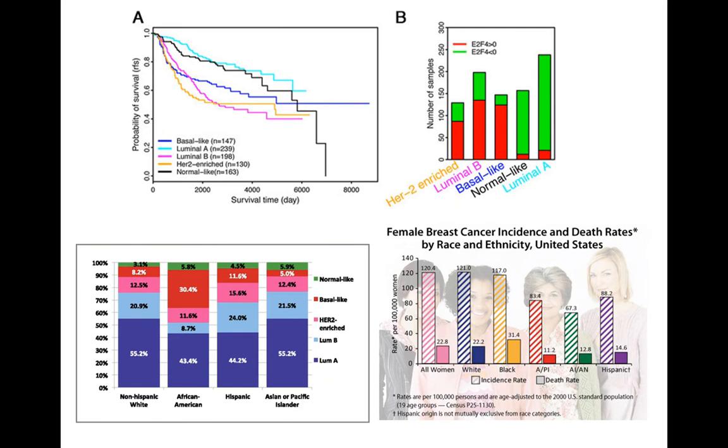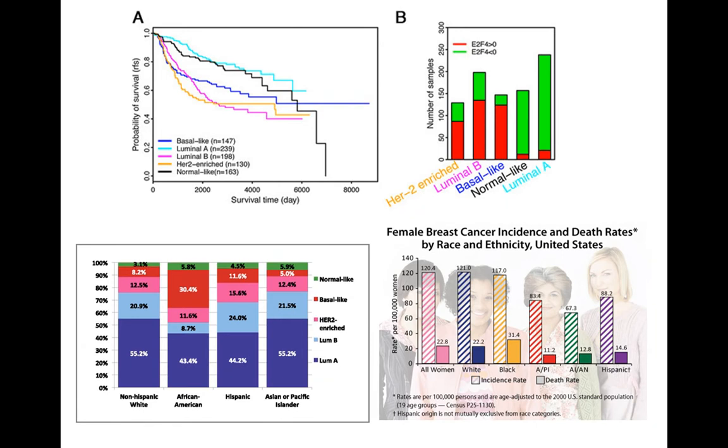So again, as many of you probably know better than I, regarding the incidence of breast cancer among black women versus white women, black women's incidence is a little bit less, but the mortality rate is significantly higher. This is about a 10% increase in breast cancer mortality. And again, many of us believe this is accounted for by the lower prevalence of luminals and the increased prevalence of basals, these being so much more aggressive. And again, this is a probability of survival curve.